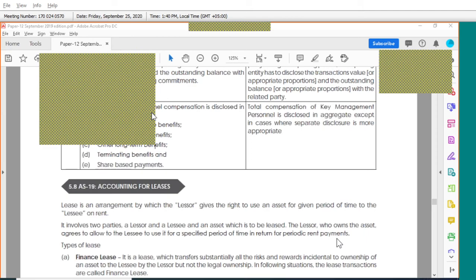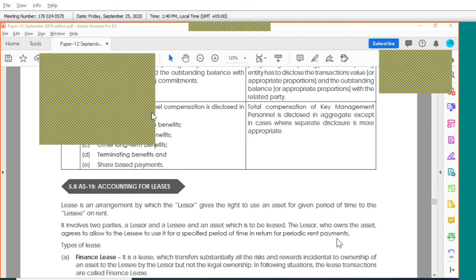What about others? So the purpose of this standard is, normally whenever we pay lease rent, we should debit it to the P&L account, because it's a recurring expenditure. Every year, every month we will pay the owner for the usage of a particular asset. Okay. So what happens? There is some scenario. I will tell you the scenario.